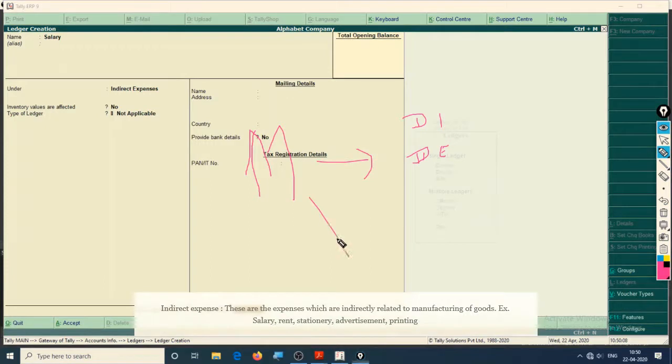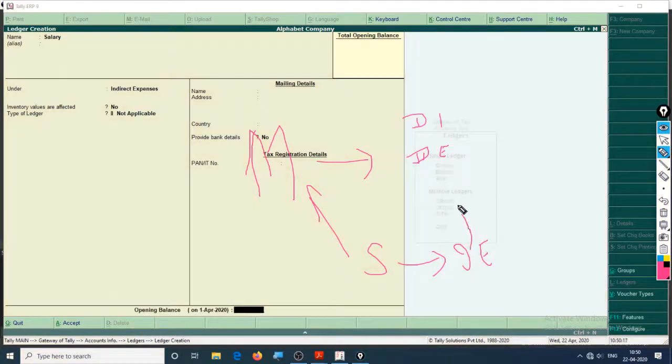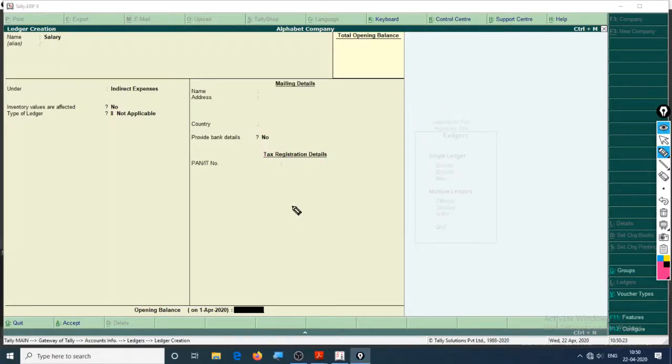And suppose we paid salary to the employees of the mobile company, that is an indirect expense because it is not related directly to the product. You can study more about it in the basic account terminology or the previous group lecture.